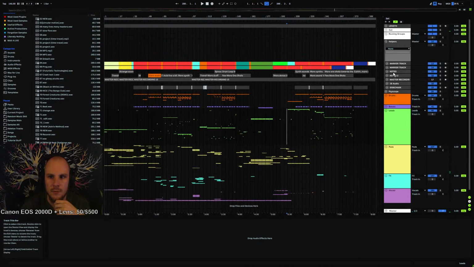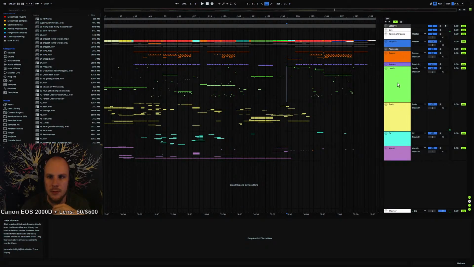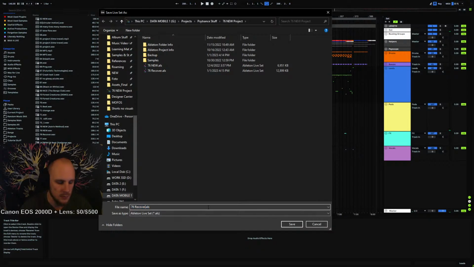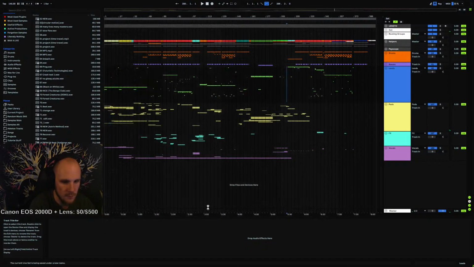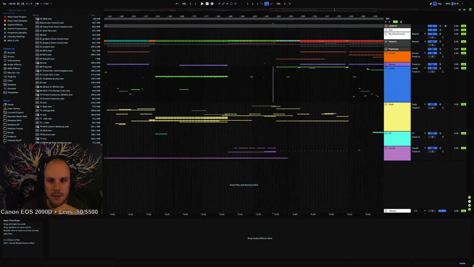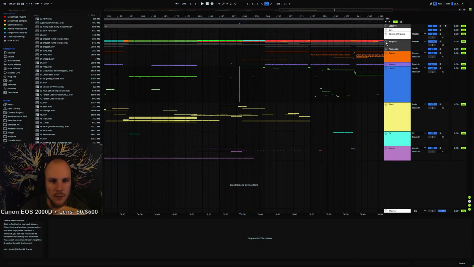What I'm going to do is just save this for now as this is called recover. I'll call it recover 2. And it's going to take a while. My mouse changed from the normal rolling thing to this for some reason. Now I have the old school loading thing. The only thing that I can think of is that it has to do with turning off snap